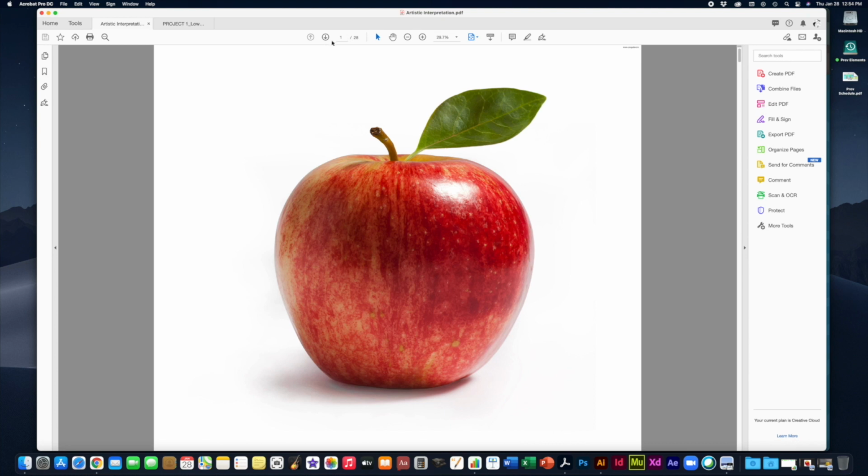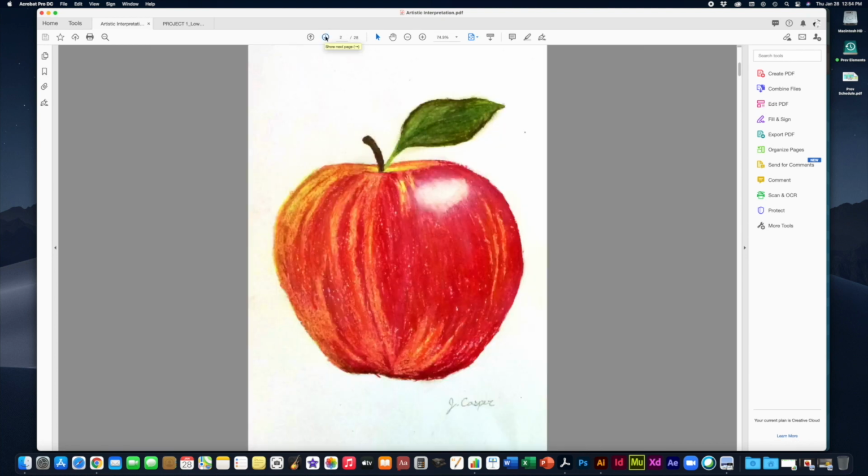So let's look at what we're talking about here. So that, of course, was a photograph of an apple, and we've seen this. This is a drawing of an apple done with either Conti crayon or regular crayon, some kind of wax-based media. And you can see that, of course, the goal here, at least by the way it's presented, was to try to make a realistic-looking apple. But of course, it's not realistic because it's done using this wax-based media, and the properties of the wax-based media is going to change the way it looks. So right off the bat, it becomes an artistic interpretation because the media that you apply to it changes the